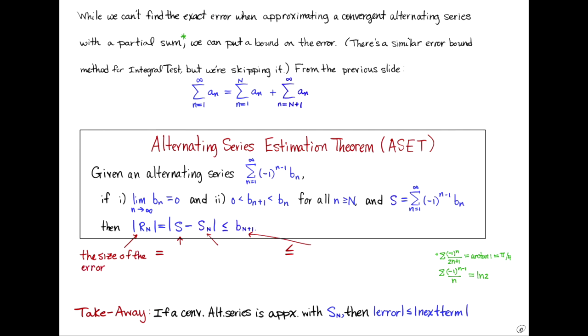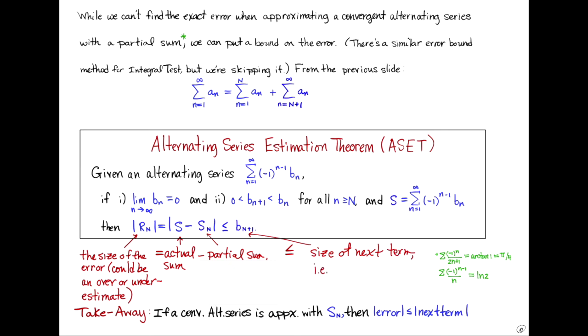And we use those absolute value signs because it could be an overestimate or an underestimate. And that is equal to the difference between the actual sum of the infinite series and the partial sum. And here's the nice part. This is always going to be less than or equal to the size of the next term. In other words, the next term is going to be the first term